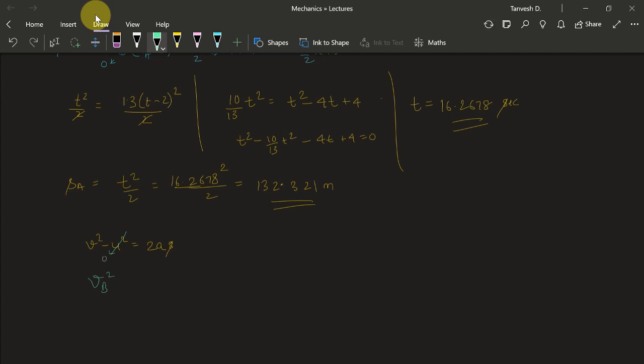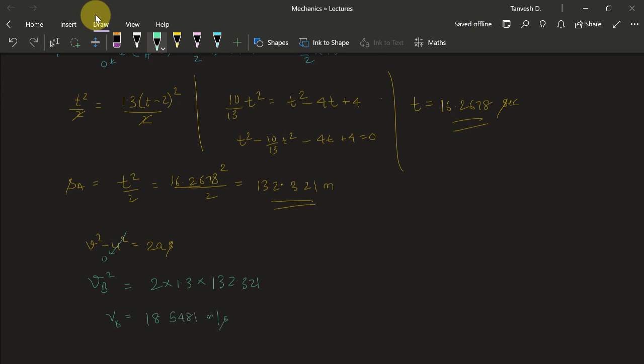So VB square is equal to 2 into 1.3 into the distance at which they are overtaking, 132.321. Therefore, VB will be equal to 18.5481